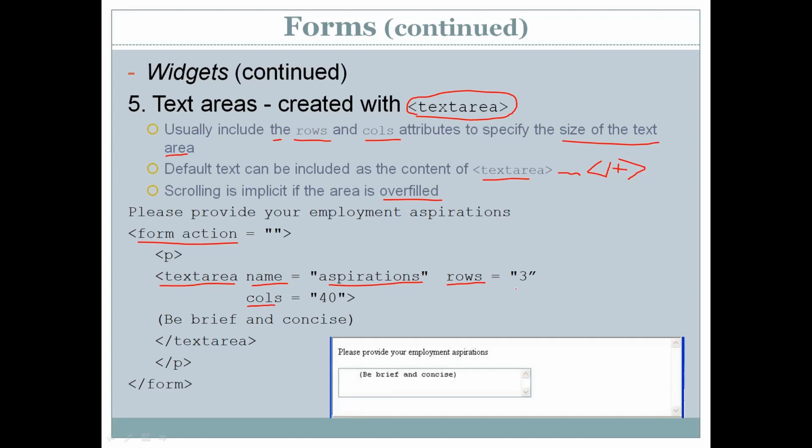The number of rows defines the height of the text area and the number of columns defines the width of the text area. So columns are 40 whereas rows are 3, and we have some content. This is the opening textarea tag. Inside this we have some content here, be brief and concise, and the text area is closed.